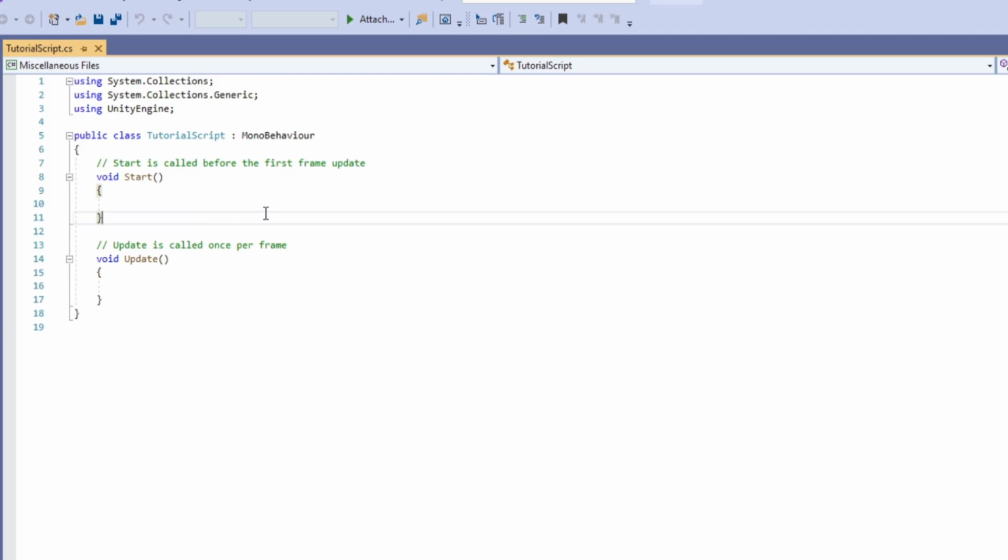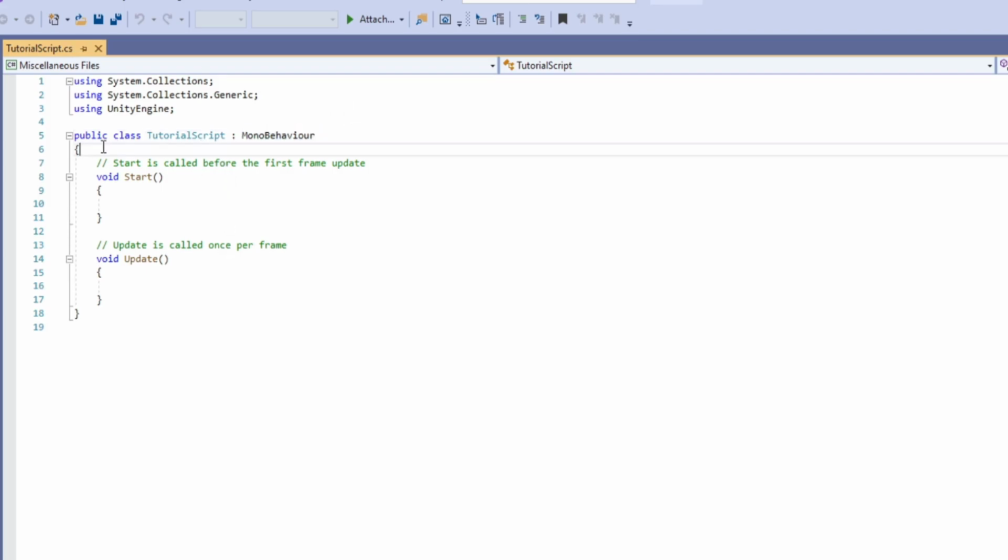So now we're here in Visual Studio, and a lot of this can look pretty confusing, but it's actually quite simple. If you know how to program, you can skip most of this. Up here, this is just what C#, the programming language you're using, will need to work with Unity. This class here is essentially the name of this file. You have to make sure that where it says tutorial script, that has to be the same as the name of your file. Here, : MonoBehaviour, this just represents that C# needs to work with MonoBehaviour to work with